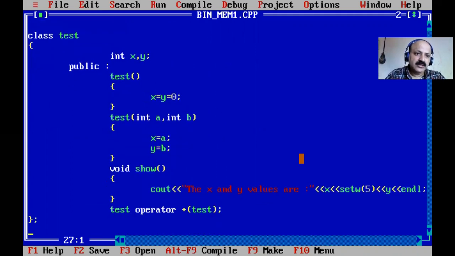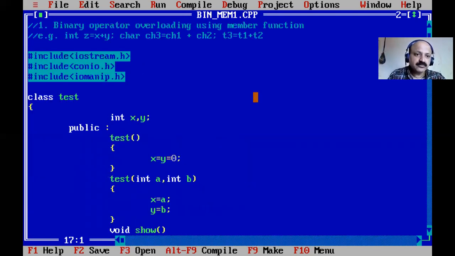So that is our class. Here that line is complete, and we can also use two manipulators, endl and setw, that are manipulators. So we require the input output manipulators, iomanip.